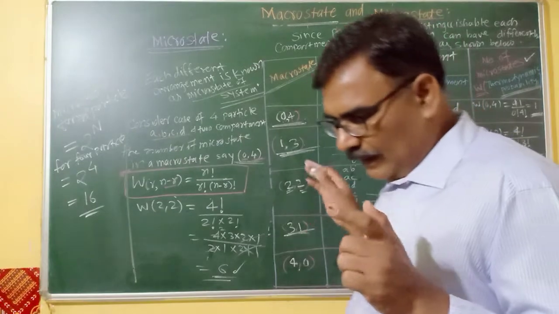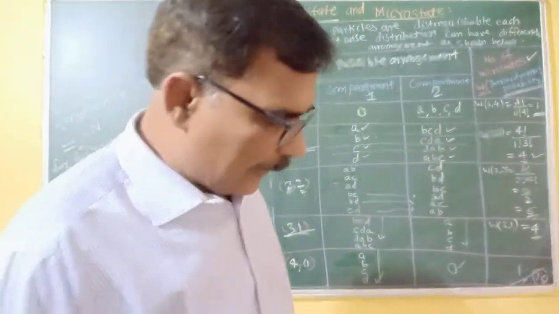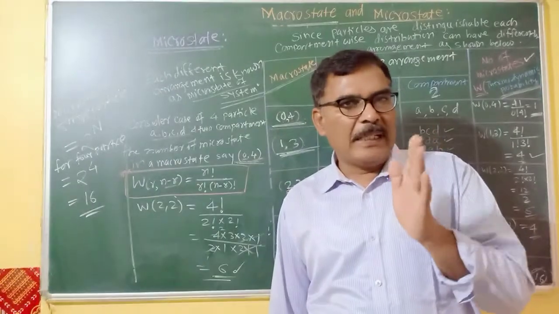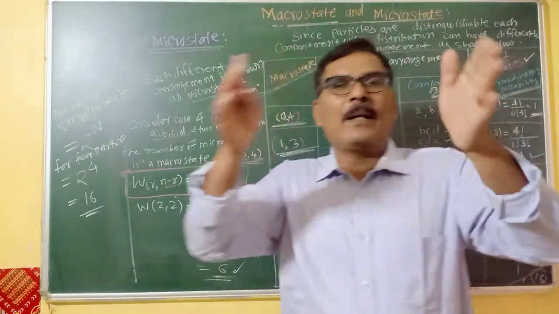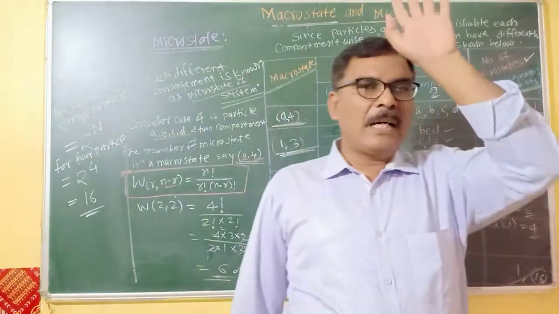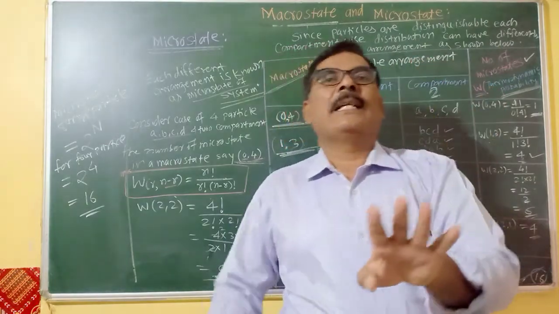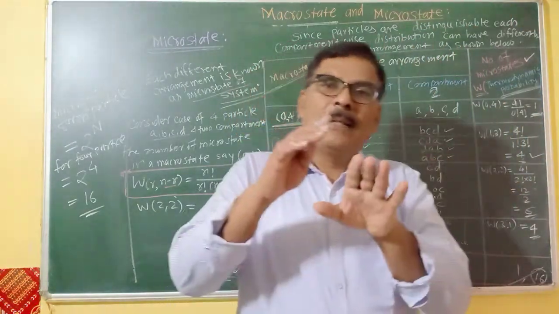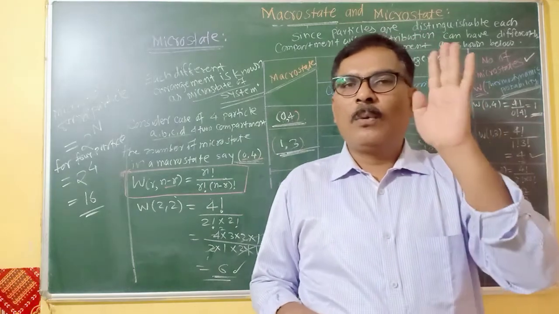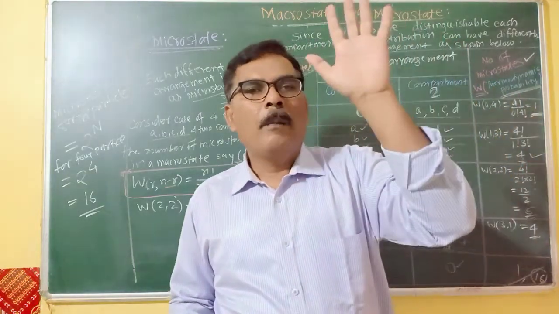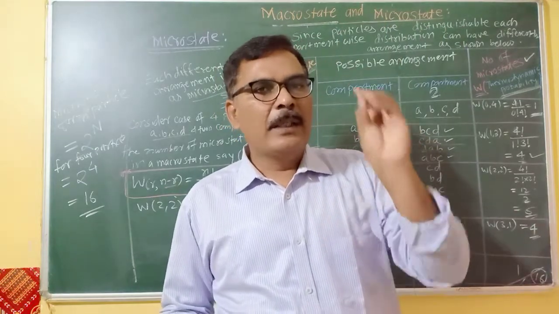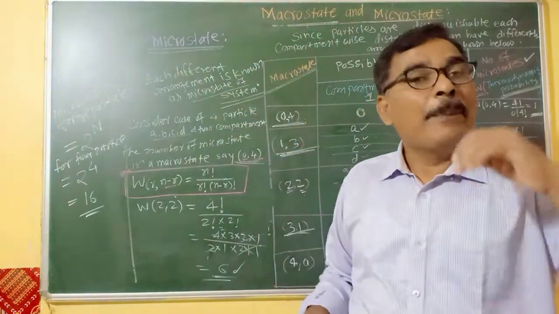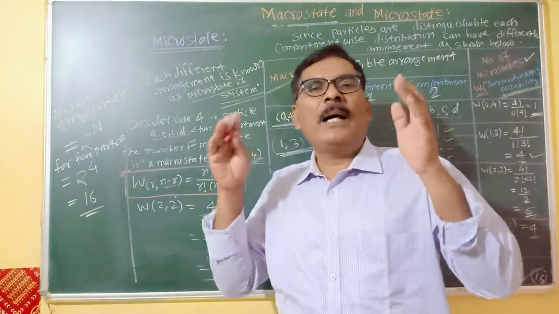They can be distributed in the different types of a macrostate. म्हणजेच मायक्रोस्टेट काढण्यासाठी आपल्याला सर्वात पहिल्यांदा मॅक्रोस्टेट माहित असल्या पाहिजे. मायक्रोस्टेट काढण्यासाठी मॅक्रोस्टेट माहित असणे गरजेचं आहे. 2 कंपार्टमेंट होते, त्यामध्ये किती पार्टिकल टाकले आपण? 4 पार्टिकल टाकले. 4 पार्टिकल असतील तर त्याच्या पॉसिबल मॅक्रोस्टेट किती असतात? 5 असतात. n पार्टिकल असतील तर मॅक्रोस्टेट किती असतात? n+1 असतात. म्हणजेच what we have to say that 4 पार्टिकल के लिए 5 मैक्रोस्टेट होगी और 3 पार्टिकल के लिए 4 मैक्रोस्टेट होगी. और ये मैक्रोस्टेट से आप क्या निकाल सकते हैं? उसके पॉसिबल डिस्ट्रीब्यूशन ऑफ